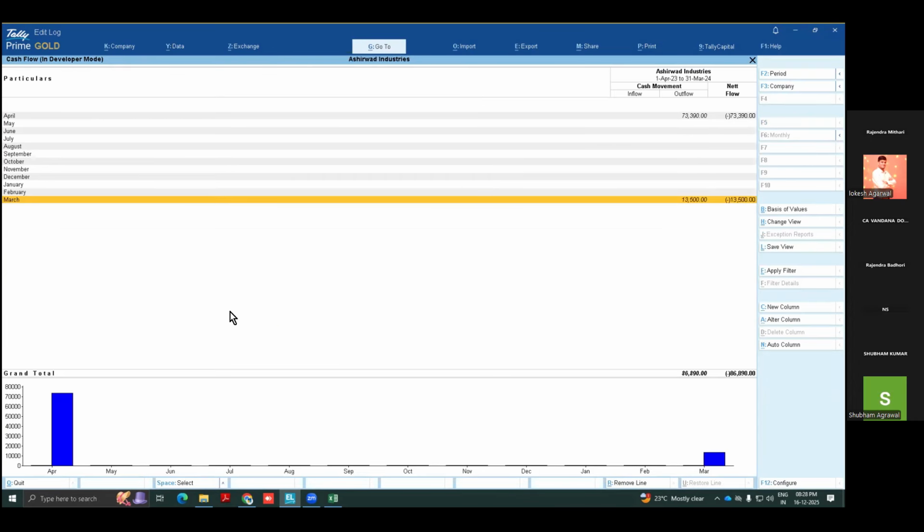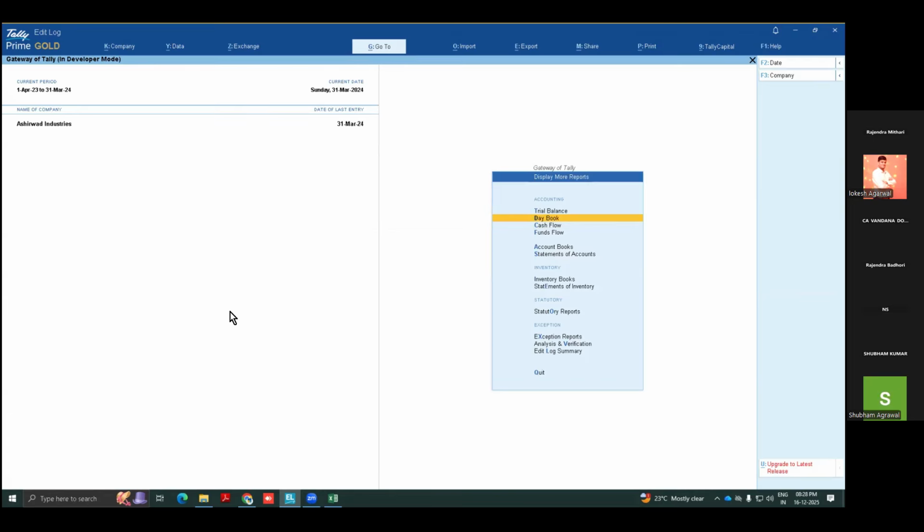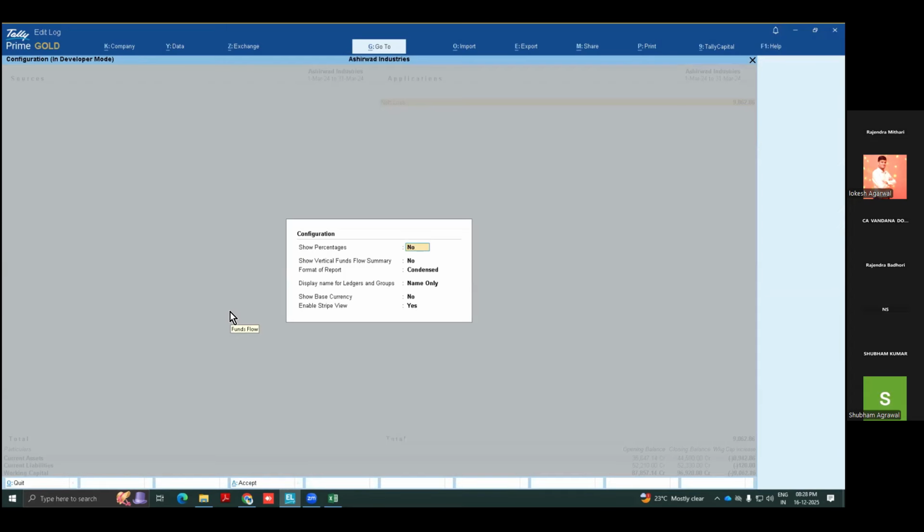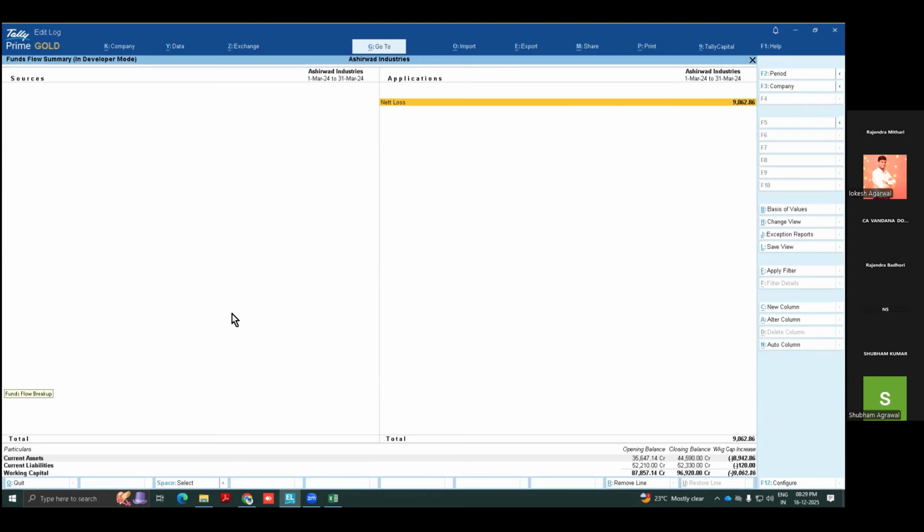And if you are in fund flow, then you can see there are some options, and you can take some additional settings, show with working capital. So those options are also available, but you just have to search here, change view, see at the bottom working capital is available.